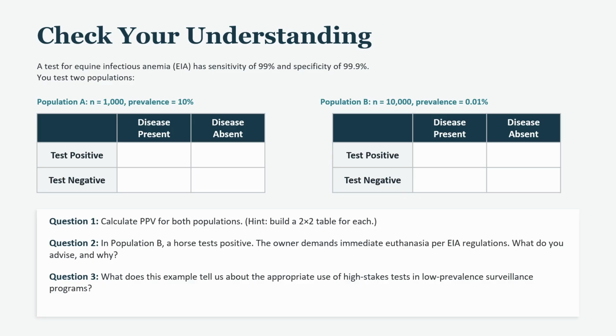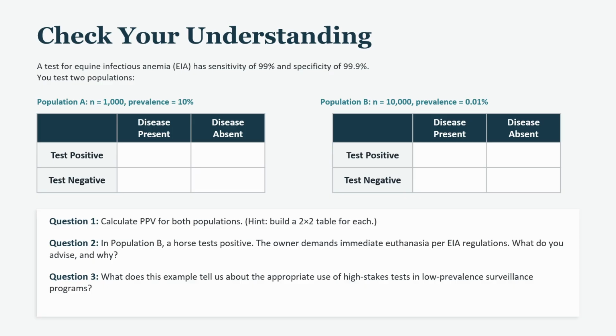Population B, N equals 10,000, prevalence equals 0.01%. Disease present equals 1. Disease absent equals 9,999. TP equals 99% times 1 equals 1. FN equals 0. TN equals 99.9% times 9,999 equals 9,989. FP equals 10. PPV equals 1 divided by 1 plus 10 equals 1 divided by 11 equals